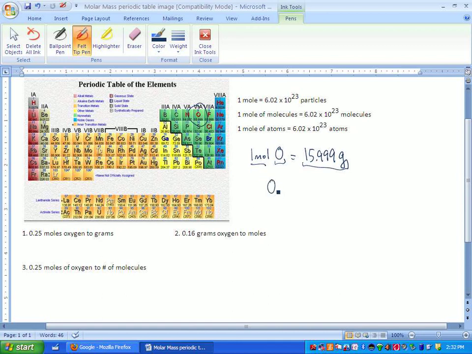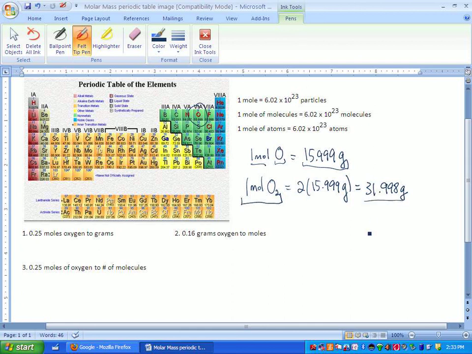But if you remember, oxygen is a diatomic molecule, so it exists as O2. So 1 mole of oxygen is actually 2 times 15.999 gram. If you carry out the calculation, you'll end up with 31.998 gram. What this means is 1 mole of oxygen molecules, which contains 6.02 times 10 to the 23rd molecules,